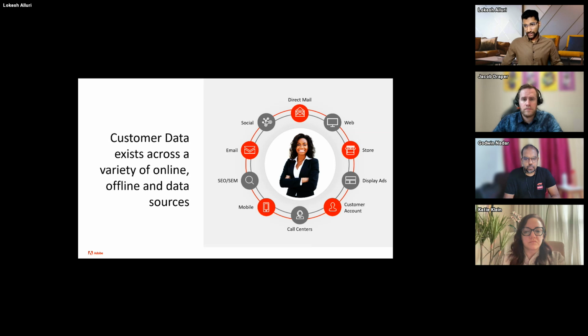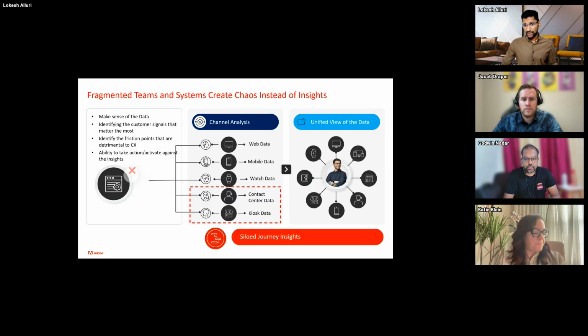That is because we would want them to interact with us through various channels. So what does that lead to? With customer data existing across multiple sources, it is hard for us to make sense of data in a holistic way. Whatever insights that we're deriving are more siloed. So if I'm looking at web data alone, the insights that I'm drawing are centric to web data alone. Or if I'm analyzing teledata, those insights are centric to teledata. So the insights that we're analyzing, because the data is more siloed and exists across multiple sources, are more siloed